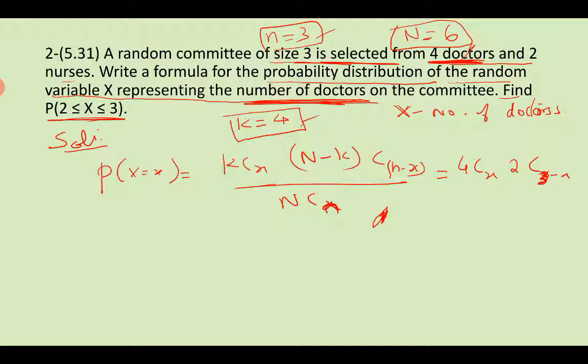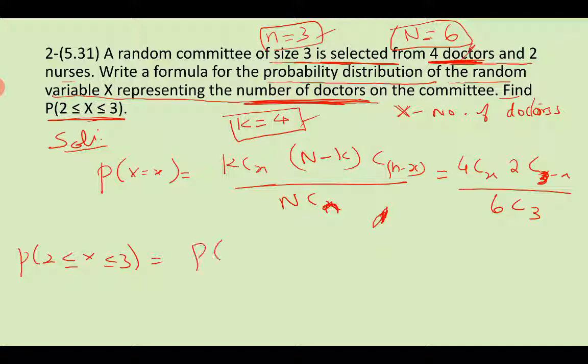Okay, 2, 3 minus x. So x must be minimum 1, not 0, isn't it? Okay. Divided by x, this is n minus x. N is small x, 3 minus x. X can be anything. Okay. Now capital N is 6c3. That is the formula. Now the question is probability of 2 less than or equal to x less than or